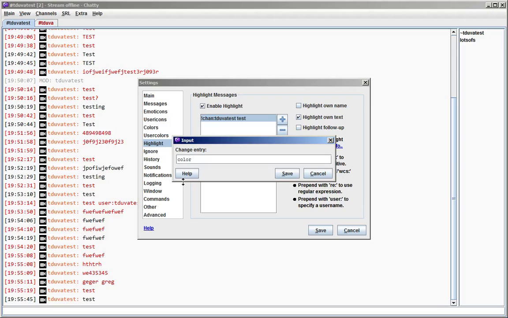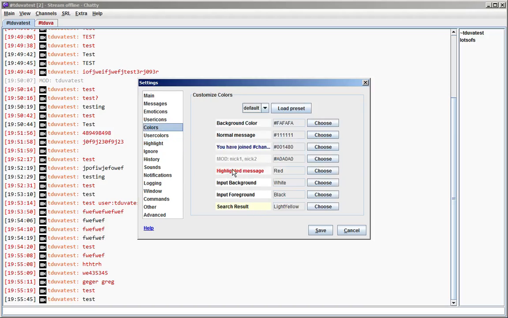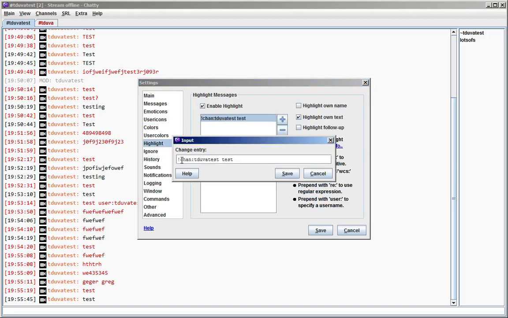There's also a color prefix, which changes the color of the highlight. So by default, you have just the color you specify here, the highlighted message color, but you can change the color for one specific highlight. So for example, make this blue and highlight on test.